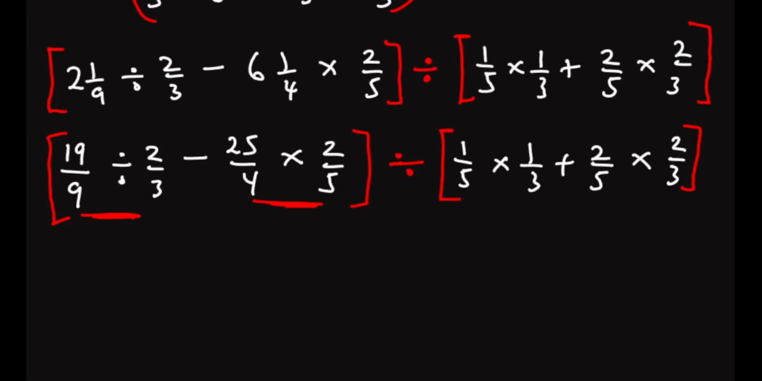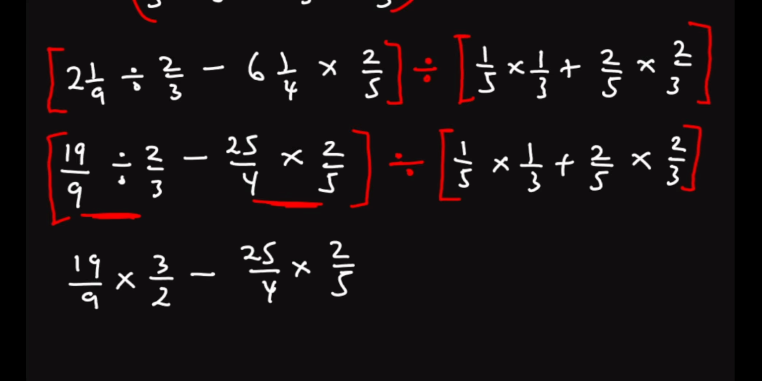So we have 19 over 9 times 3 over 2. We reciprocate the fraction, remember, 2 over 3, and so we are going to have minus 25 over 4 times 2 over 5. Let's close our brackets. Then divided by,